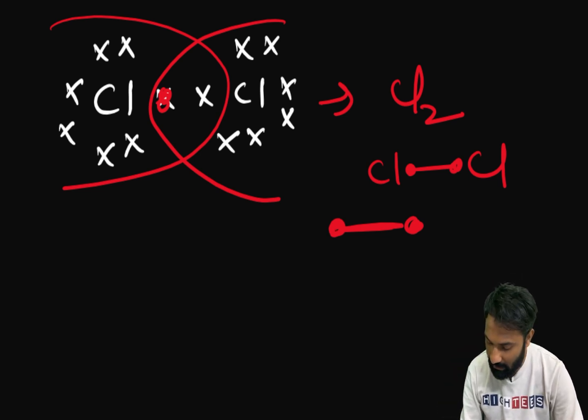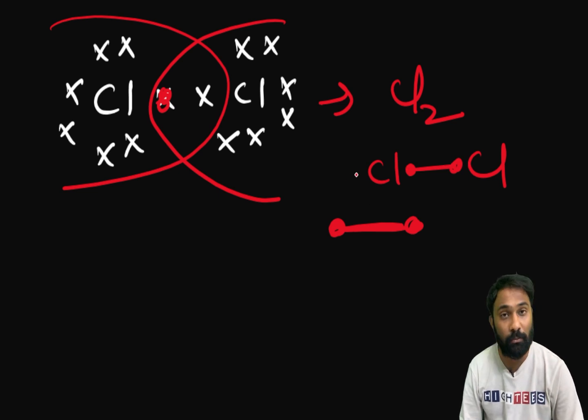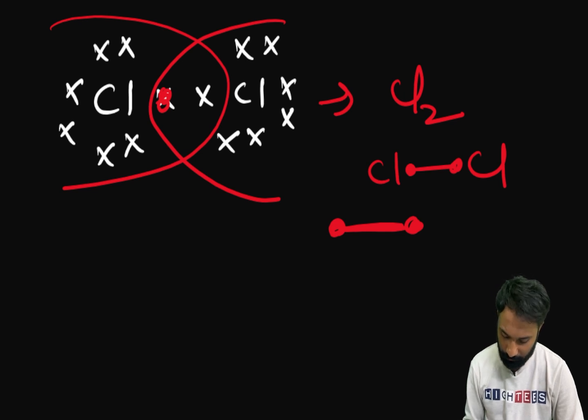One bond contains how many electrons? One bond contains 2 electrons. These 2 electrons are mutually shared between the two chlorines. Clear? Now,